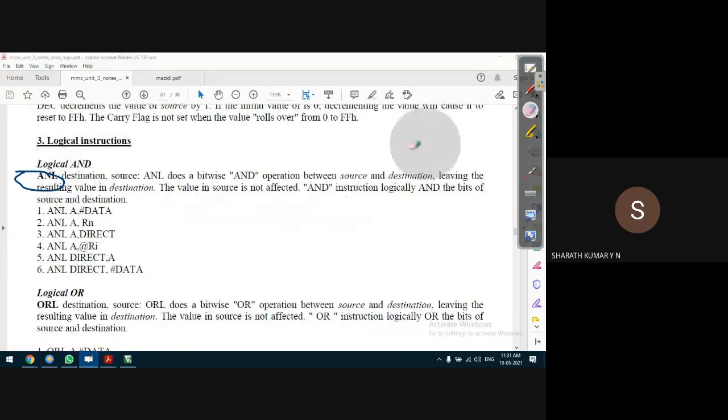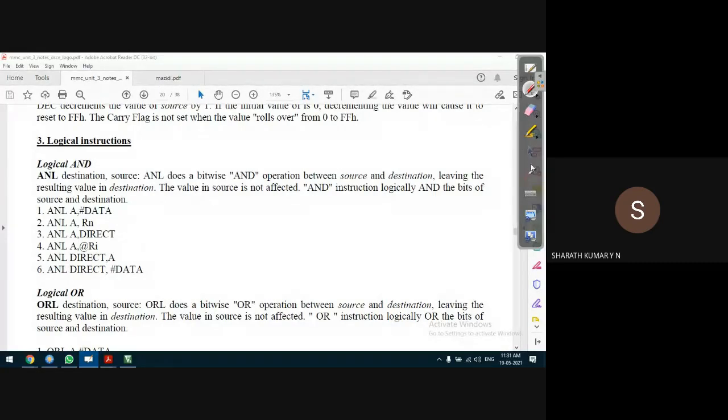Next is what is known as the logical instructions. What are logical instructions? We can perform basic logical operations on a set of data operands. What logical operations can we perform?